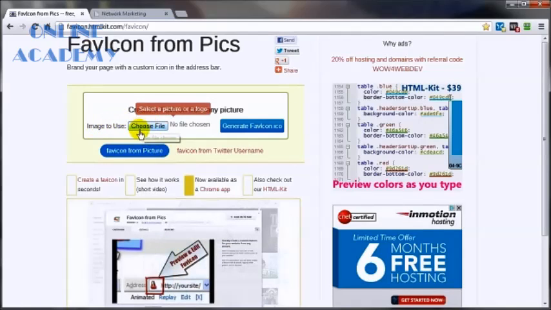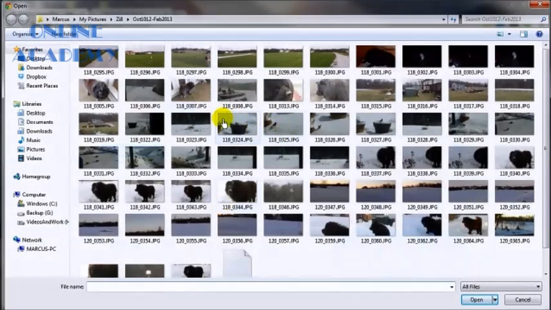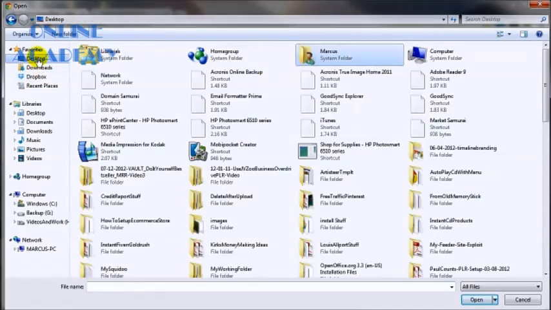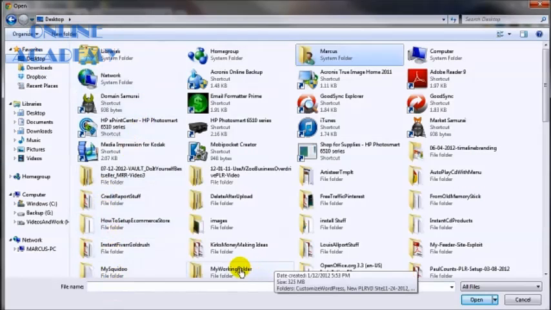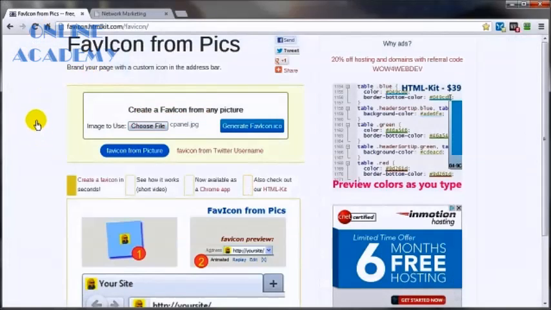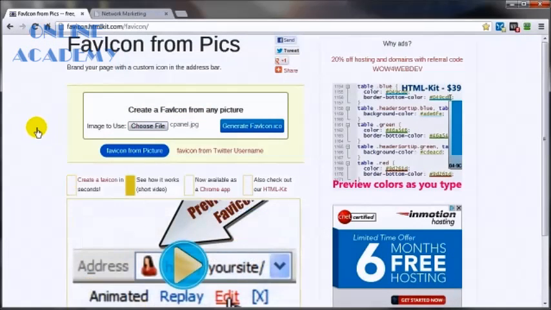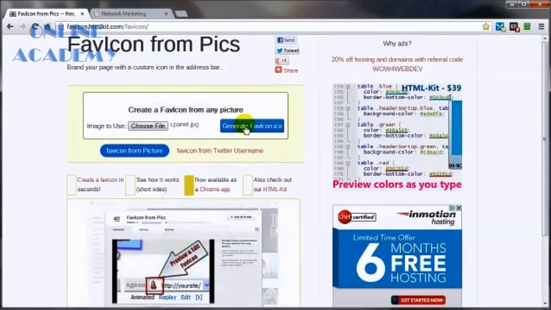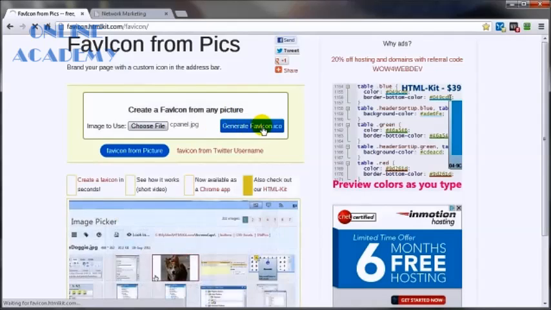So we want to first go over here to choose file. And you want to navigate to the location of your image that you want to turn into your favicon. And that's a pretty big image, by the way, but that's one thing you don't have to worry about because it's going to customize it and bring it down to size. So generate favicon ICO,